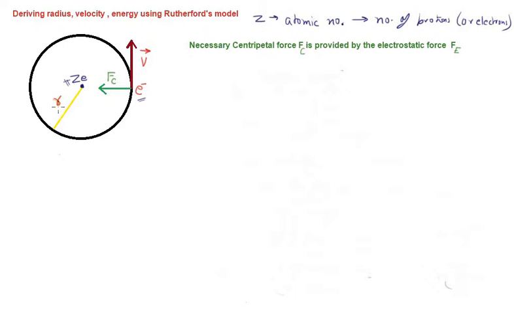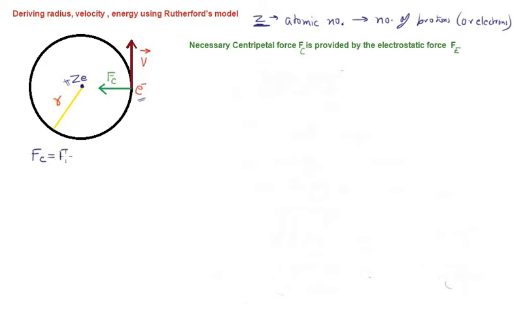Now r is the radius, and here you can see the nucleus has a positive charge. And how much positive charge does it have? Plus Ze, where Z is the atomic number, which represents the number of protons, and e is the charge on one proton or electron. Now we know that centripetal force is provided by electrostatic force, so we can write Fc will be equal to Fe,